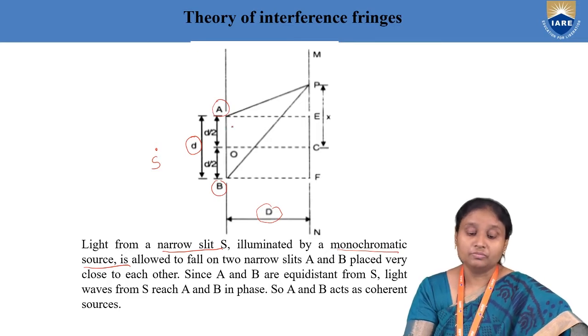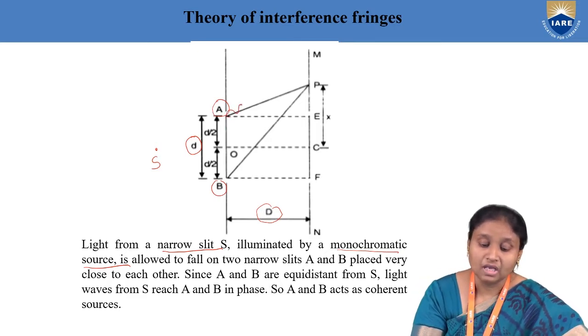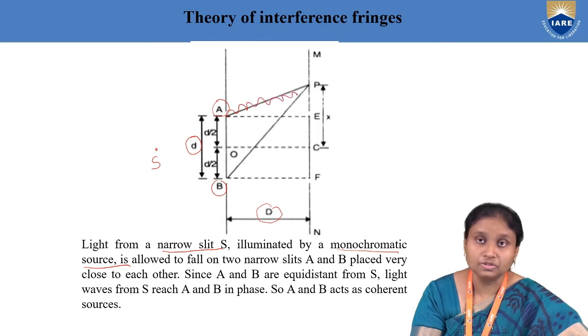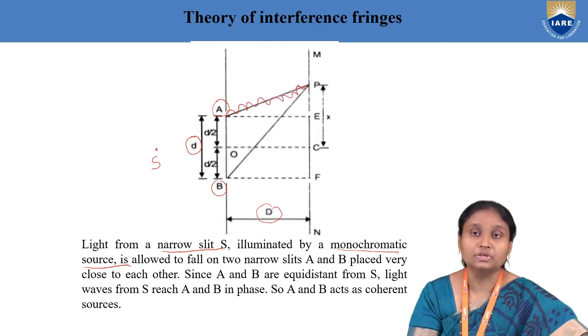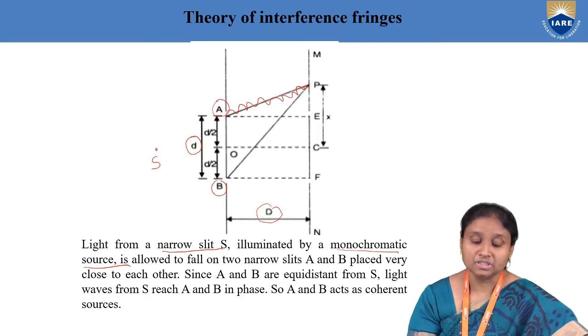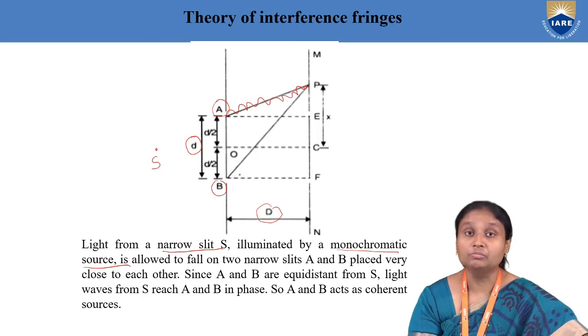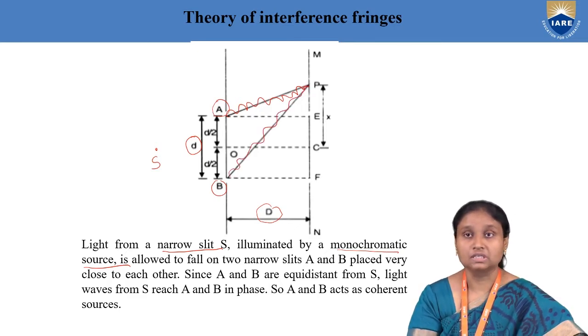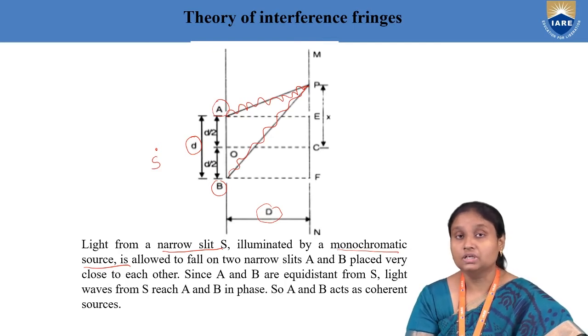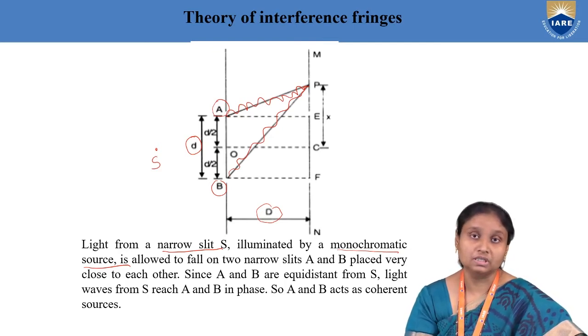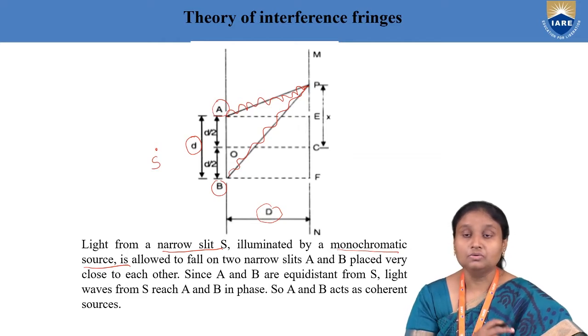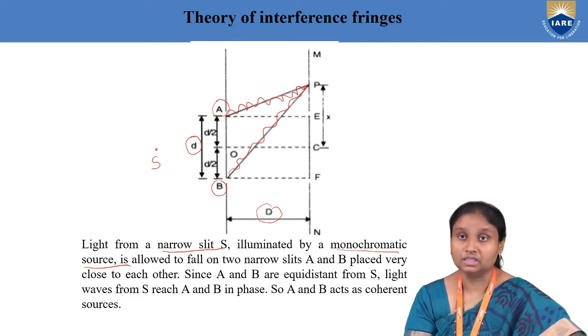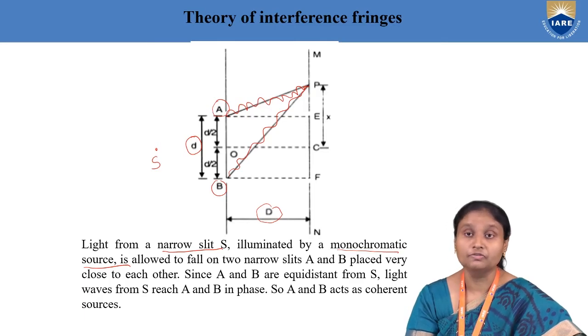Again, from the source A, I'm considering a wave, and this wave, starting from the middle point of source A, reaches the point P on the screen. Similarly, I'm taking one more wave which is starting from the middle point of the other source B, and it is reaching the same point P on the screen. In our previous video, we have seen the conditions for P to be bright and the conditions for P to be dark. Now today we are going to see the width. Once we get that maximum intensity, what is the width of that bright fringe and what is the width of the dark fringe.